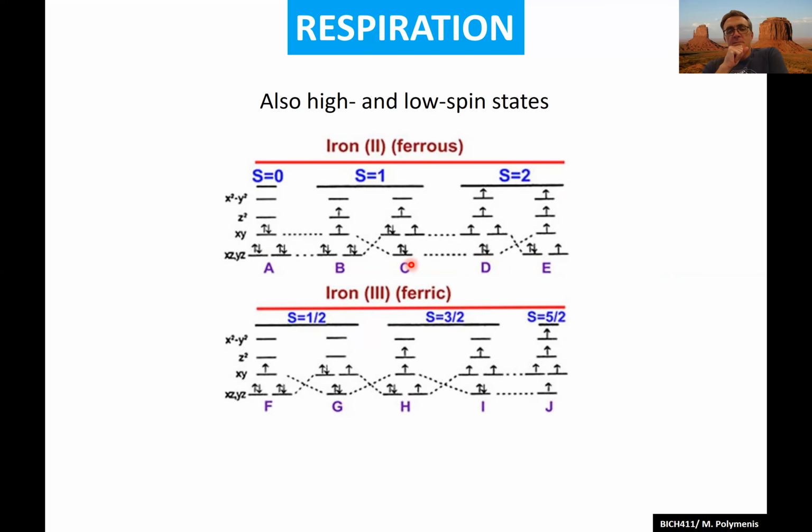So what's important here is not so much how many electrons are there, but whether they are paired or not in the spin configurations in the orbitals of the iron atom. So if you look at some different configurations here in iron 2 and iron 3, and each little arrow here is supposed to be an electron. And if you go and count the ones that are not in pairs, so the single electrons in various spin states, so we have the high and low spin states. So in these different